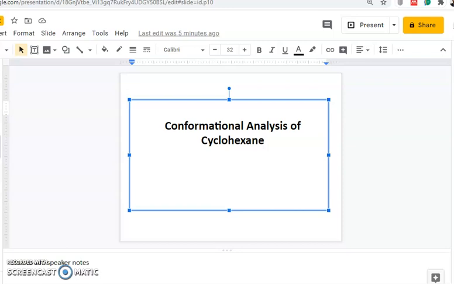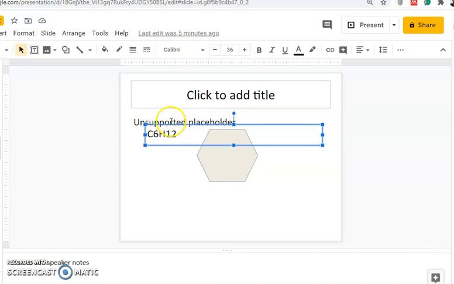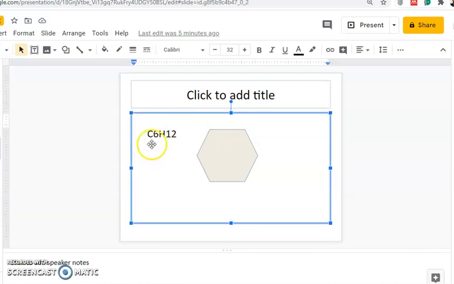All of you are very familiar with cyclohexane. Usually, we represent the molecule cyclohexane this way. Here, this is the molecular formula of cyclohexane, C6H12. We represent it by drawing a hexagon, where each corner of the hexagon represents a carbon, and each carbon is attached to two hydrogens. So this is one representation of cyclohexane.